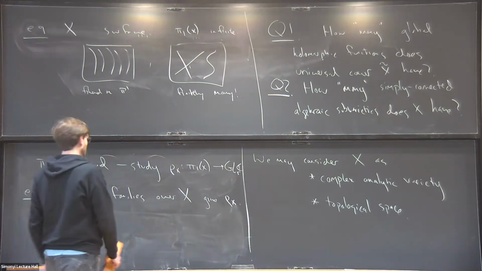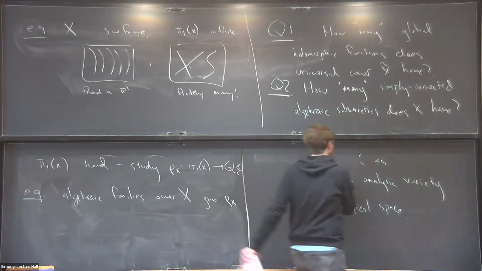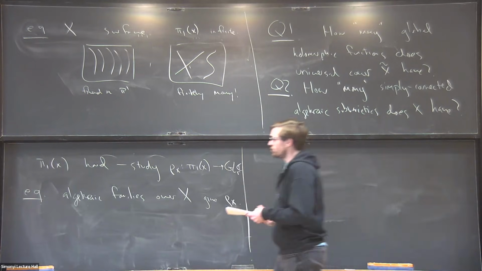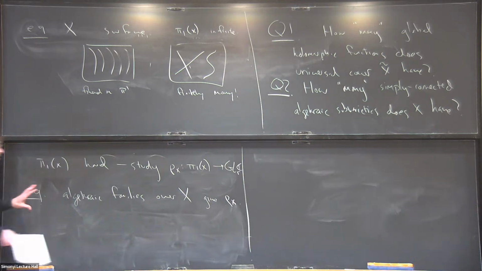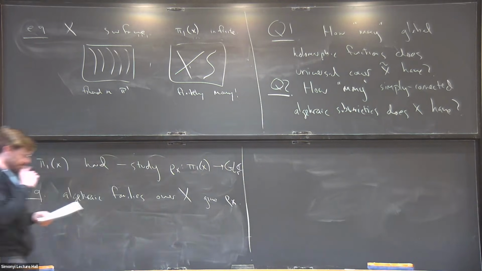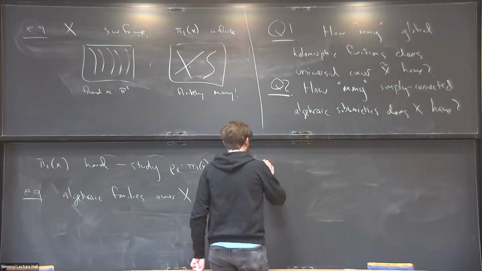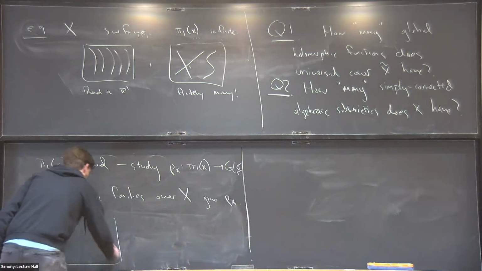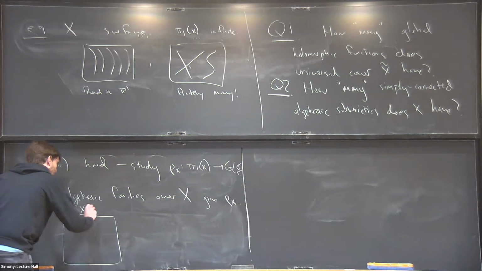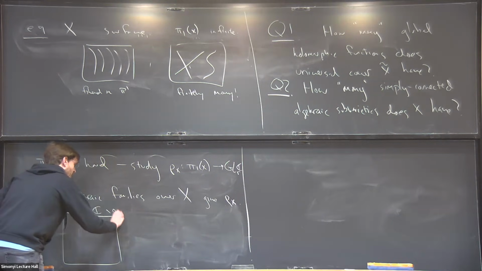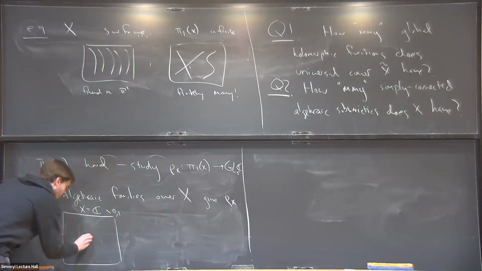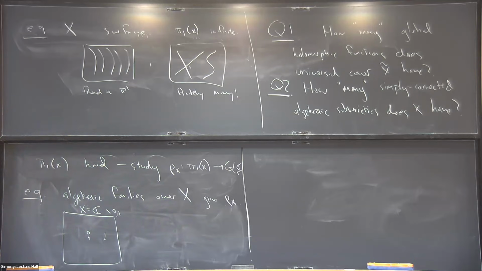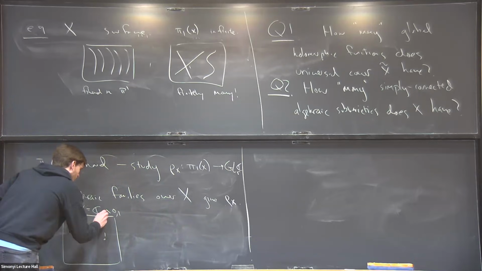I just erased what I want to talk about, but I want to prove for you that C minus 2 points is uniformized by the disk as an algebraic geometer would. Okay, so let's consider C minus 2 points. Let's call that X. May as well take them to be 0 and 1. Here's 0, here's 1. Let's say our parameter downstairs is lambda.